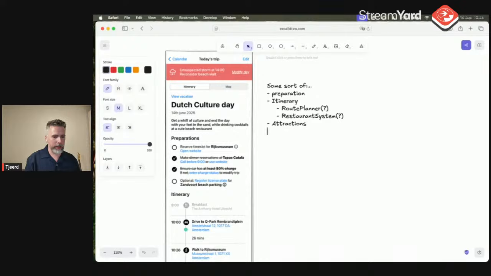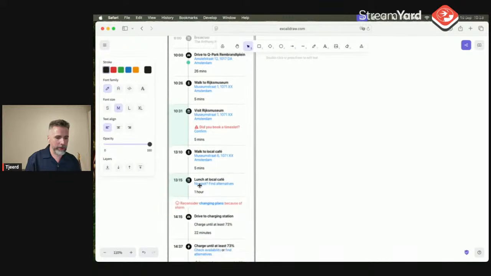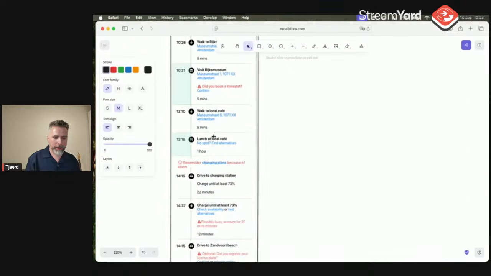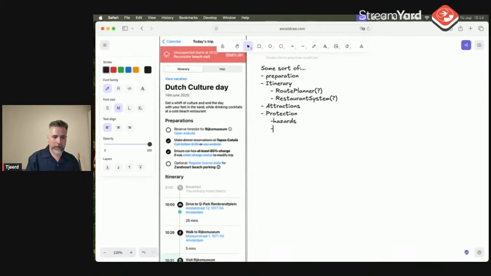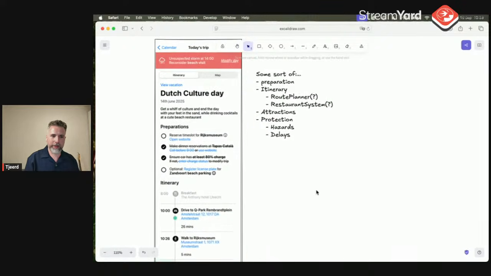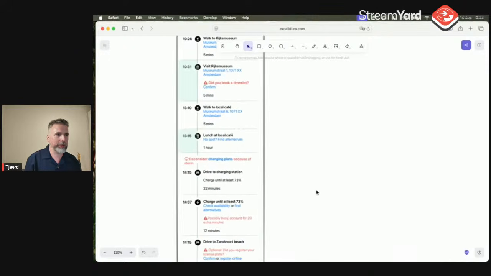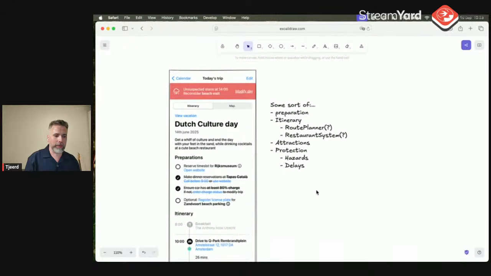So maybe there's a sort of protection mechanism that has hazards, and it also knows how long you have to walk. Maybe it knows delays, right? And what I'm doing here is I'm not even thinking about UI. I'm not thinking about interfaces and which classes and structs I'm building. I'm just thinking vaguely about what we need.